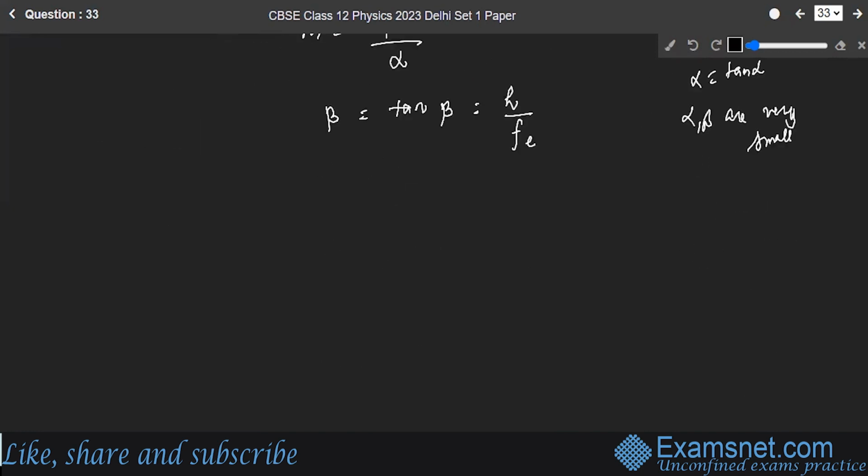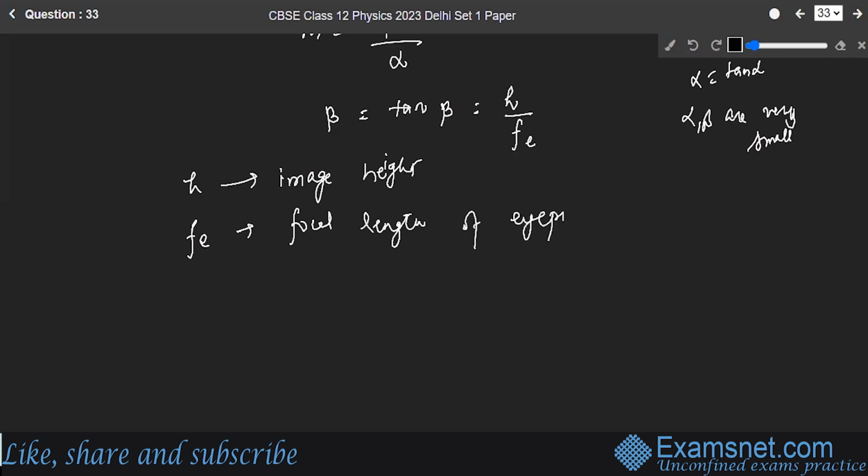Okay, so beta is equal to tangent beta, that's equal to h upon fe. Here h is the image height and this is the focal length of the eyepiece. So similarly, alpha is equal to tangent of alpha, and that is equal to h upon f naught. No, sorry, h is the same. This f naught is your objective